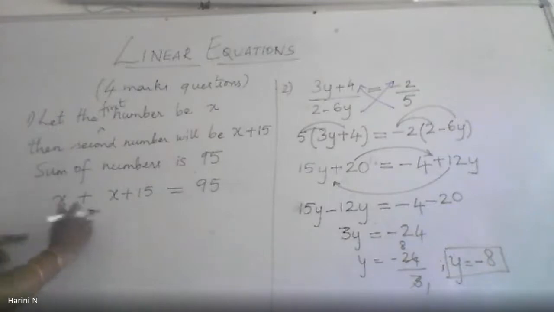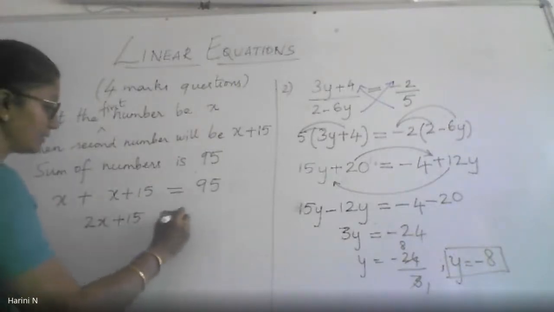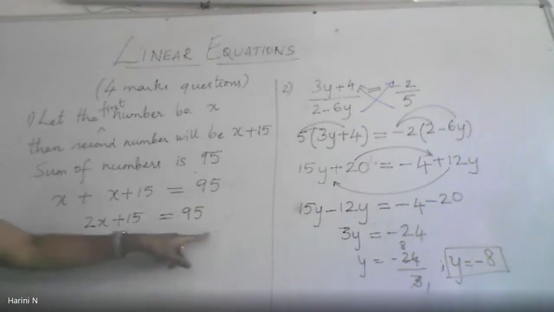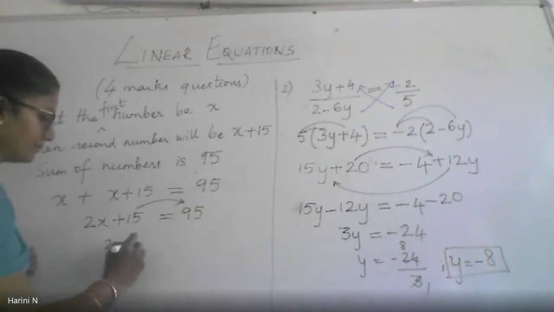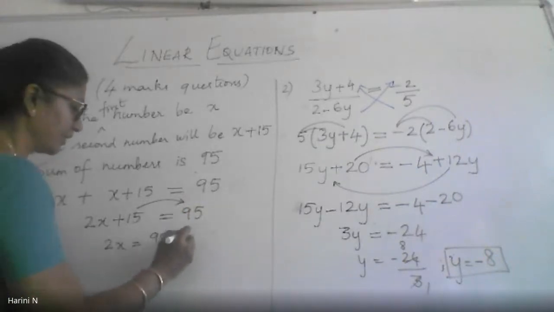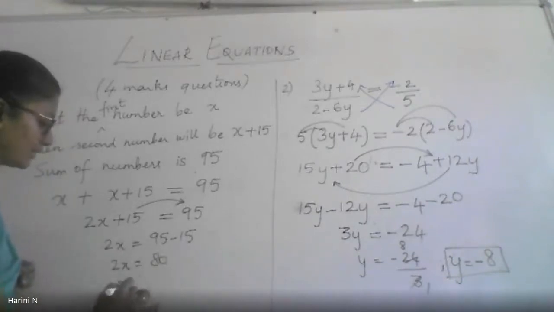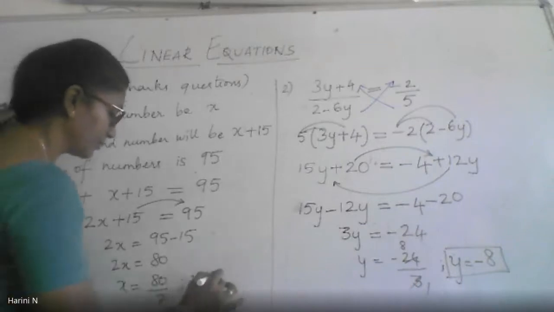So this is addition, so this becomes 2x plus 15 equals 95. Should you be able to solve this equation? It is like our linear equation in the first variety 2 marks problems, where you simply had a linear equation which you had to solve. So transpose the constant term to the right side. 2x will become 95 minus 15, or 2x is equal to 80, which means x is equal to 80 by 2, which will make my x is equal to 40.